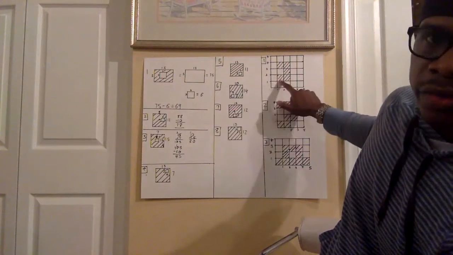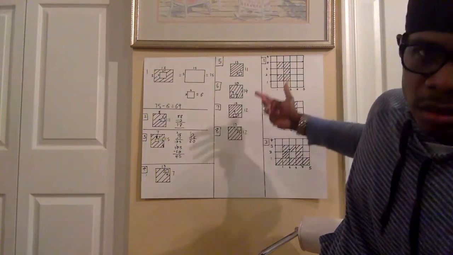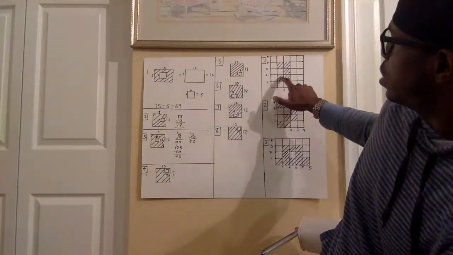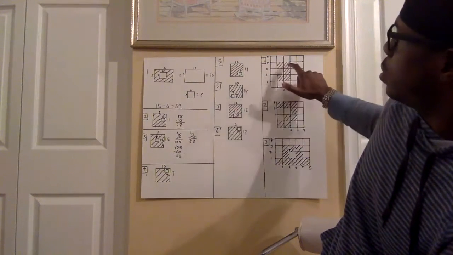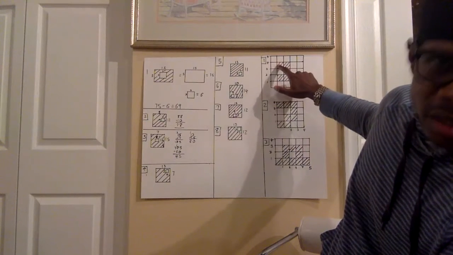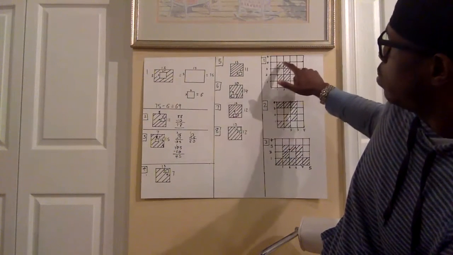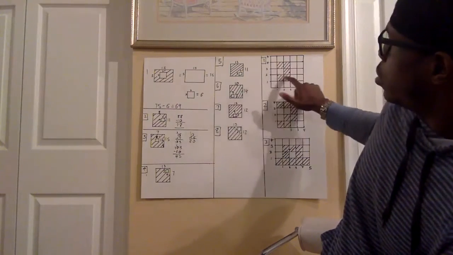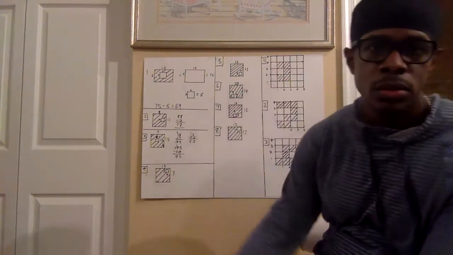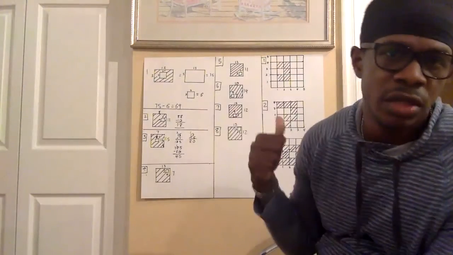1 times 1 is going to give me 1. So I know that the area of this box by itself is 1. So this area is 1, this area is 1, this area is 1, this area is 1, and this area is 1. So I know 1 plus 1 plus 1 plus 1 plus 1, 1, 2, 3, 4, 5. So I know that the area of the shaded region on the graph behind me is 5,